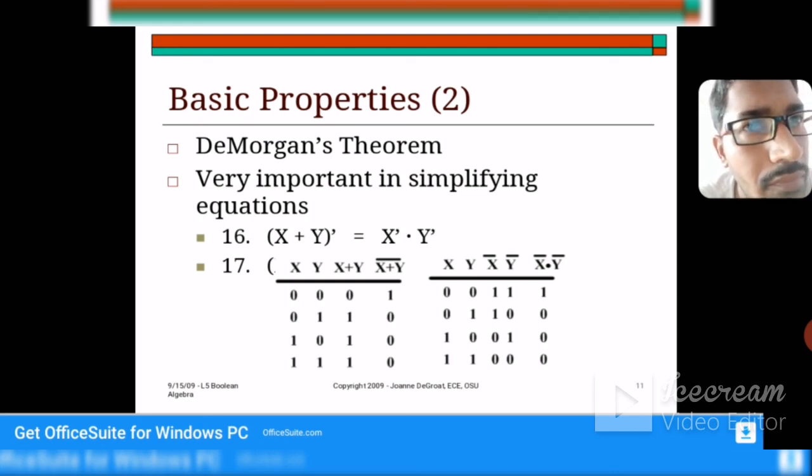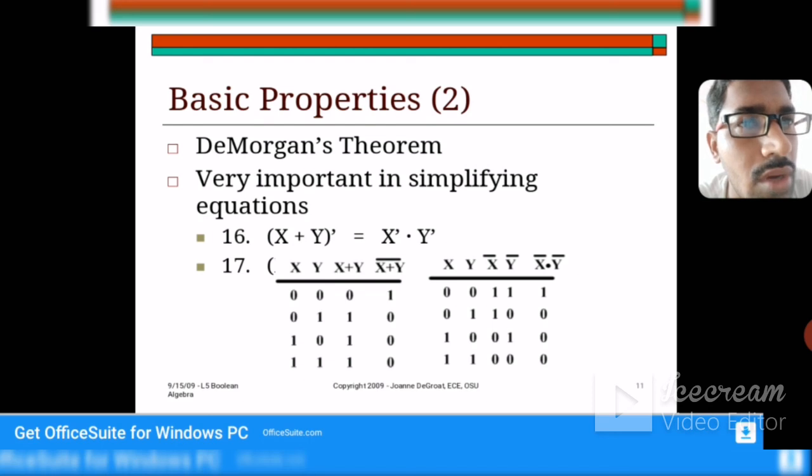in the Boolean expression, x plus y whole bar is equal to x bar into y bar. I have two truth tables. In the first one, I have taken the LHS, where we have x plus y whole bar. So I have to find out the truth table values for x plus y whole bar. So how can we find out the values for the x plus y whole bar statement? By taking a truth table, first of all, we have two inputs x, y,